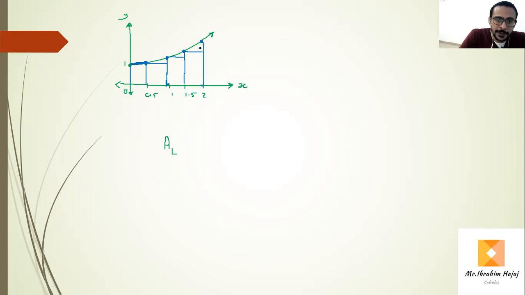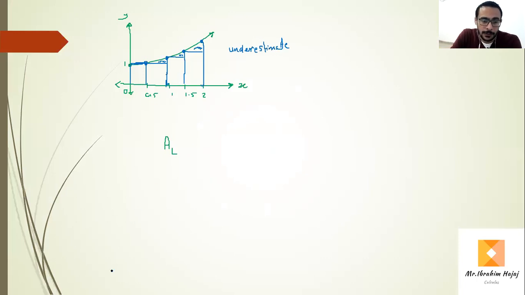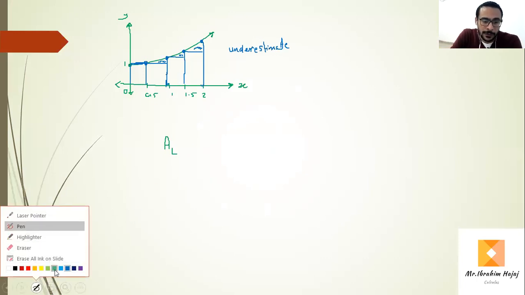No, the rectangles still have a part, there are gaps. That means all rectangles lie below, so it's an underestimate. That's why it came out as an underestimate. Right? Yeah, if we move back, for the left one it's 3.75, that's why it's an underestimate. Right. Also, when you graph